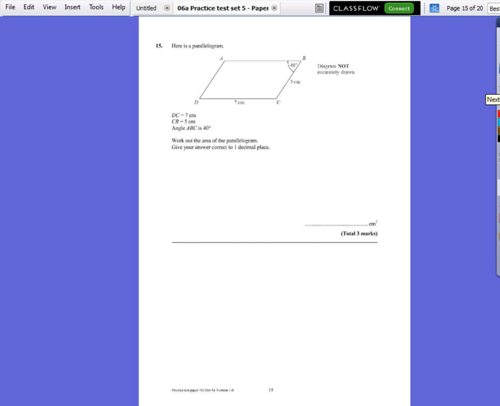Question 15. Here's a parallelogram, work out the area of it basically. So to work out the area of a parallelogram, we do the base, which is 7, times the height. Now we don't have the height at the moment, so we can work that out because we've got a right angle triangle here, because the height is always straight up, and we've got an angle of 40 and a side